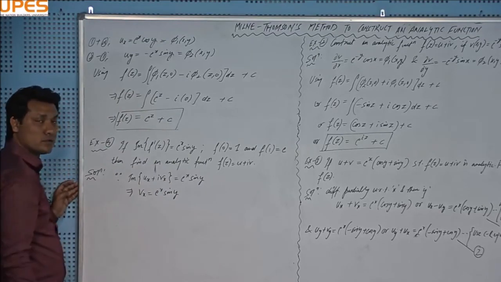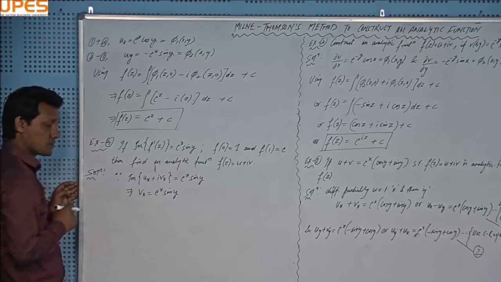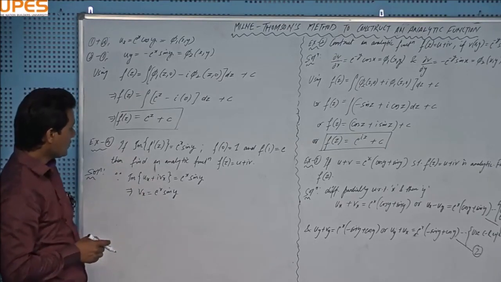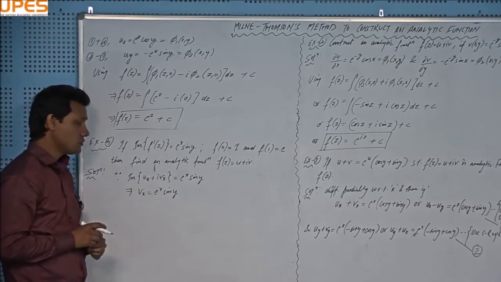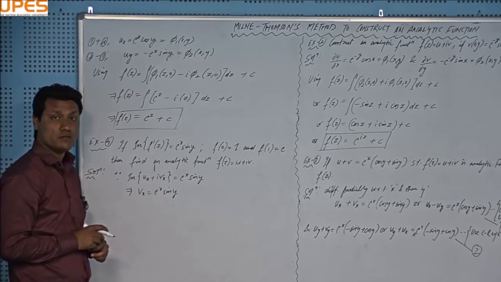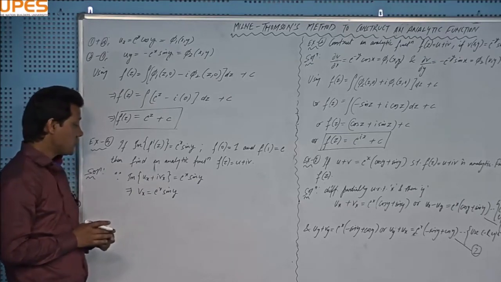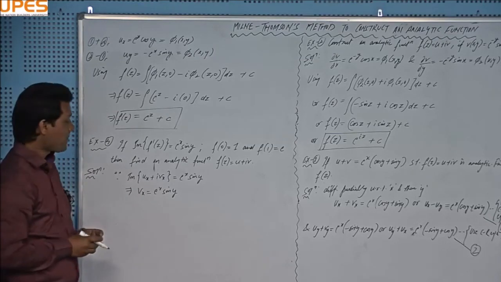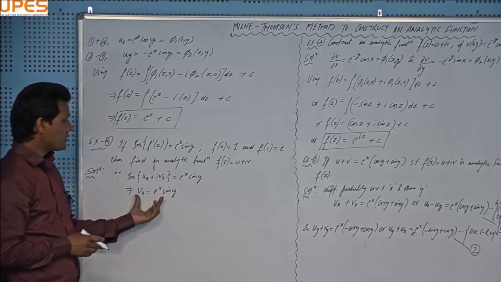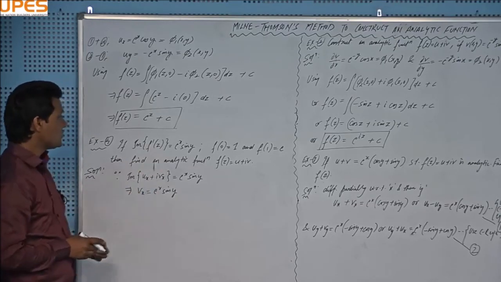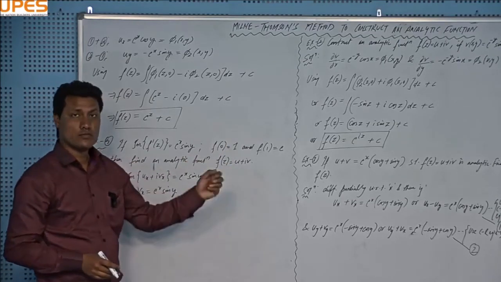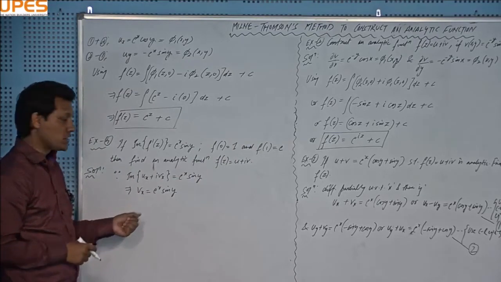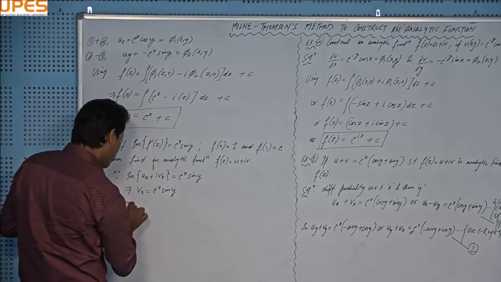And now we have v, right? So you have del v by del x, but you don't have del v by del y. Actually this problem is moving towards case b when v is given, but something is missing here. We have del v by del x, we should have del v by del y, right? And I have to obtain del v by del y from here only, because I don't have anything else, right? These are the conditions for f, not for v. So what I will do, I will write it as del v over del x,